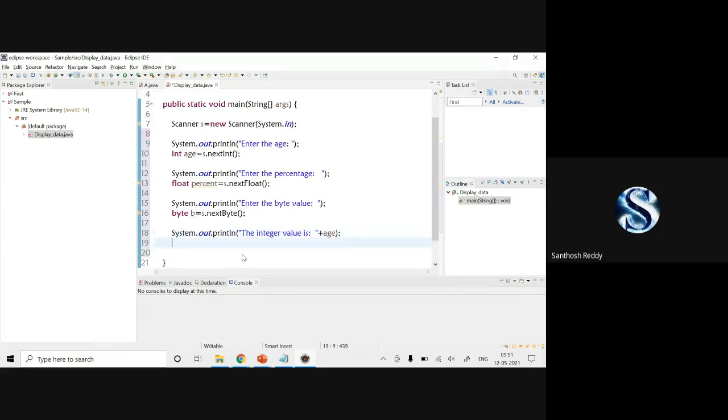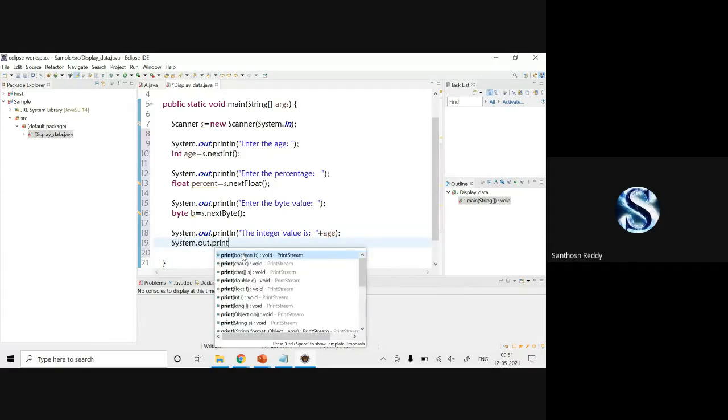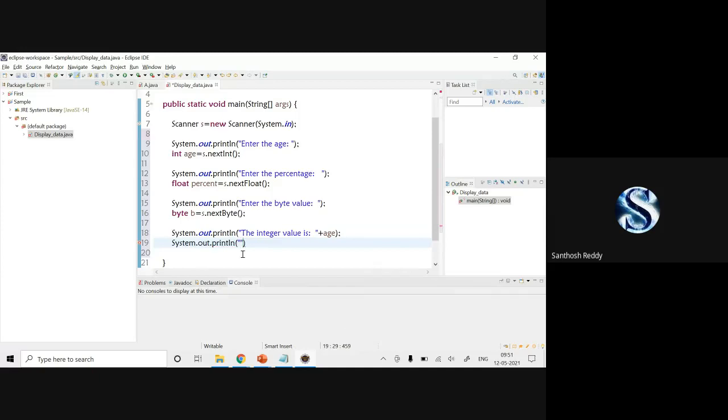Now again, System.out.println. The percentage is colon, give a space and concatenate with percent. Semicolon.